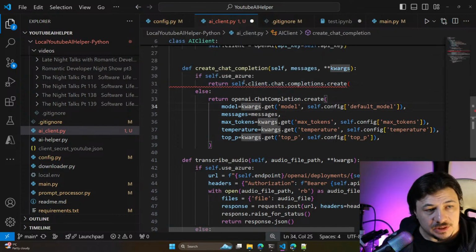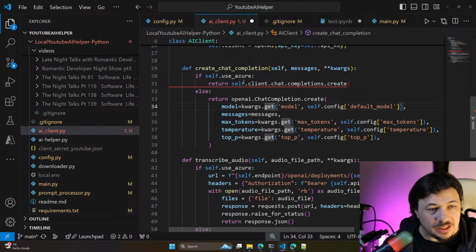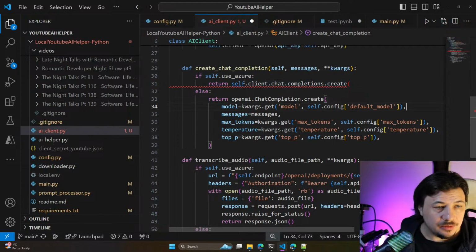The only thing here, get model, default model.